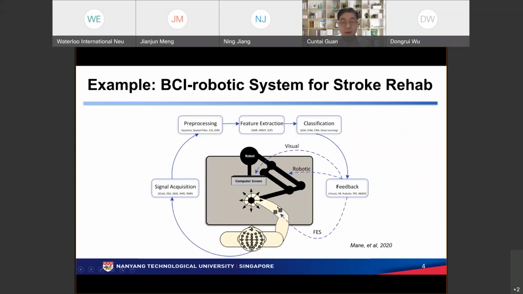So in our study, mostly we use robotics, a mechanical device, together with the screen as feedback. The whole thing is that the person just tries to imagine or attempt to move the affected arm, if the person has a lesion at the left side and the right arm is affected. Most studies using BCI today are for upper limb. There are a couple of studies on lower limb, which is probably more challenging using BCI today. But we see the trend, more and more studies come to this field.